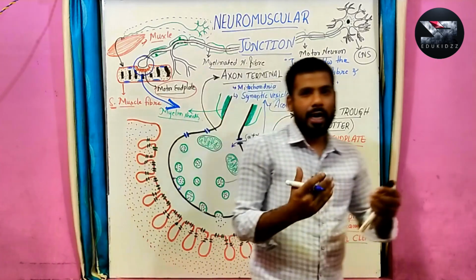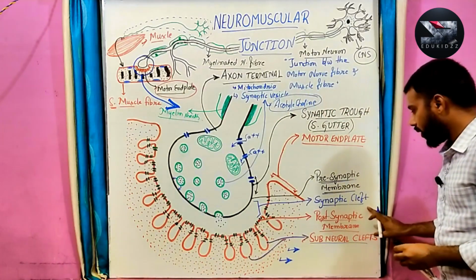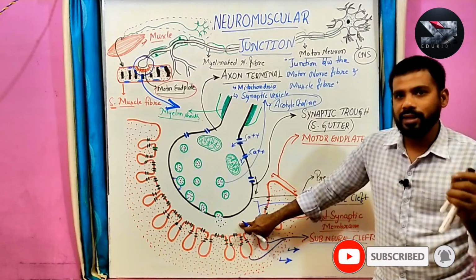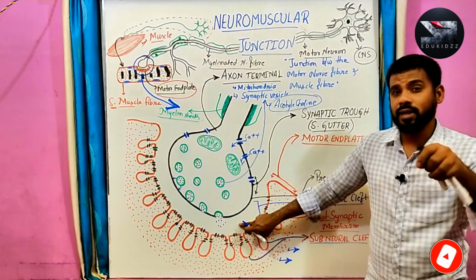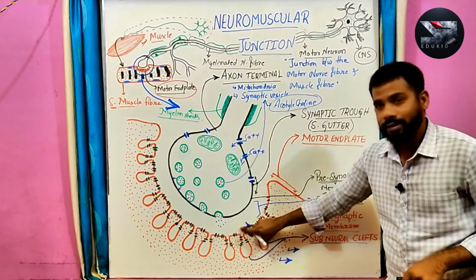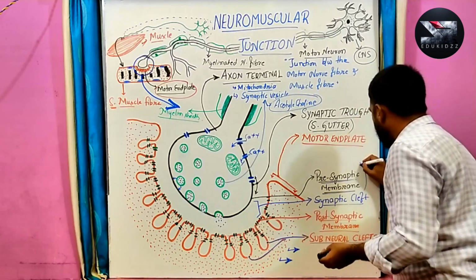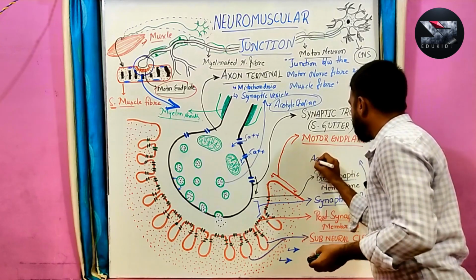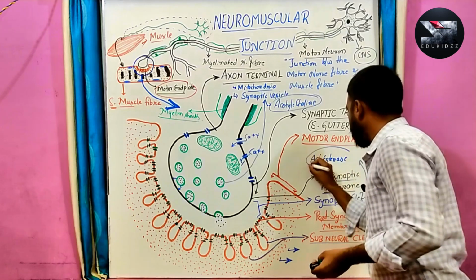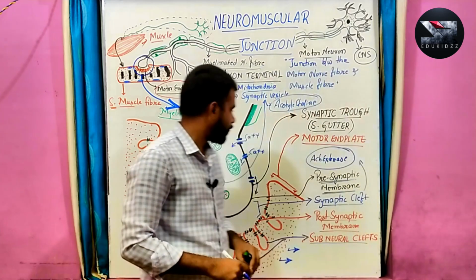Earlier it was thought that the synaptic cleft is just a gap and does not have any role. But this synaptic cleft has a basal lamina which possesses a spongy reticular matrix. That basal lamina possesses a specialized enzyme called acetylcholine esterase, AChE. Note down this point. This AChE is the most important enzyme. I will tell the function of this enzyme later.